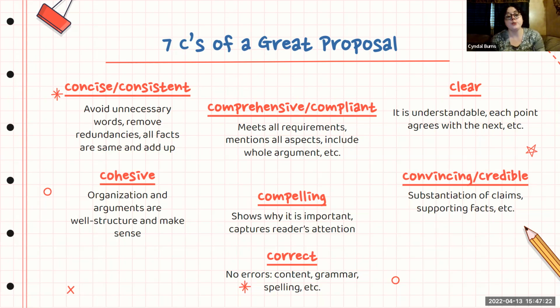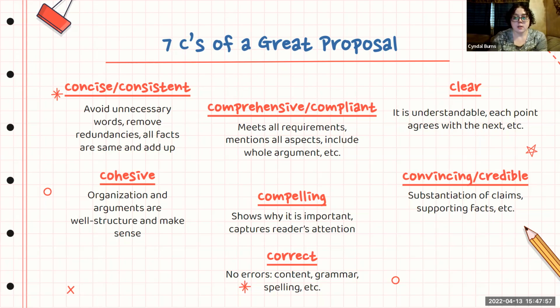So not only will they choose your project, but also your audience members will want to come and see your presentation. Then also convincing, credible, make sure that you have the supporting facts, the evidence you need, the sources you need to make it make sense and show that you know what you were talking about. And then correct, all the other types of professional writing. You want your content to be right. You want your grammar and spelling to be as correct as possible so that you seem as professional and prepared